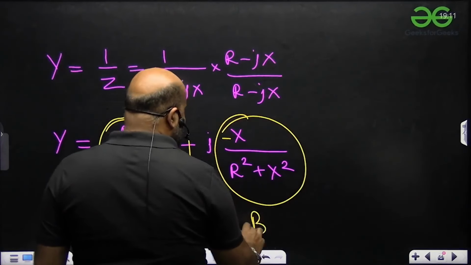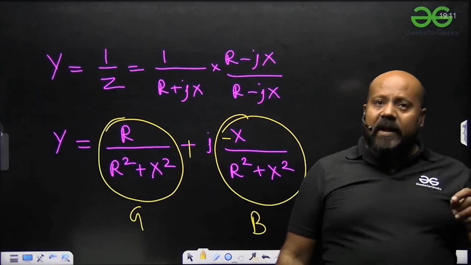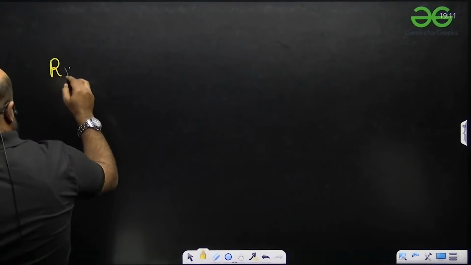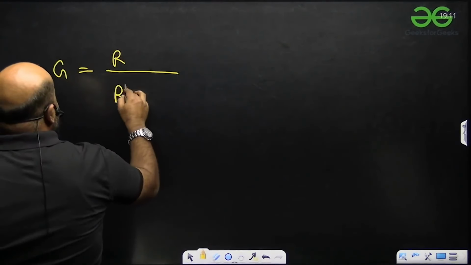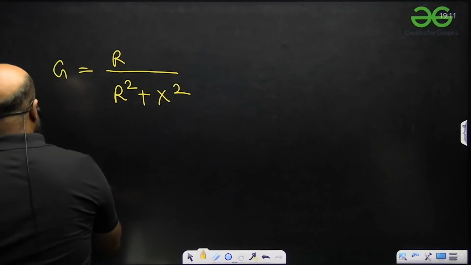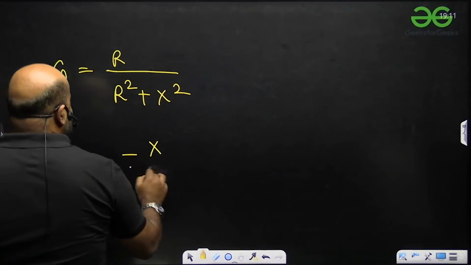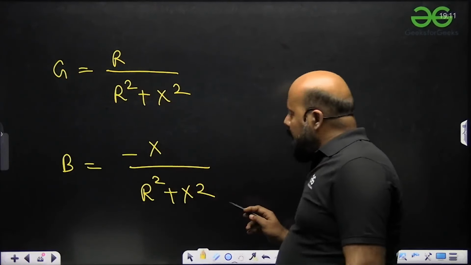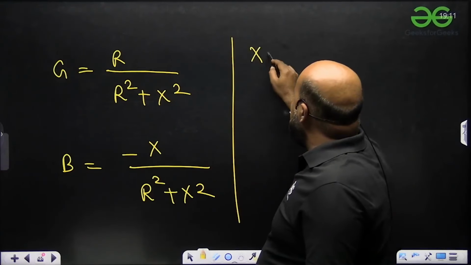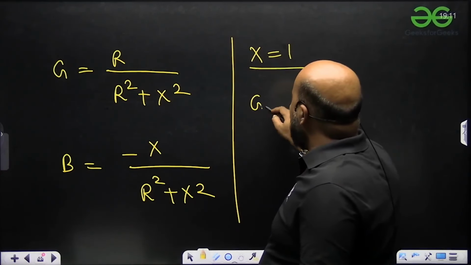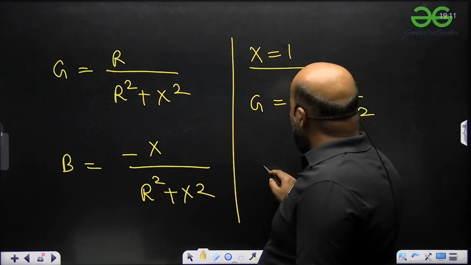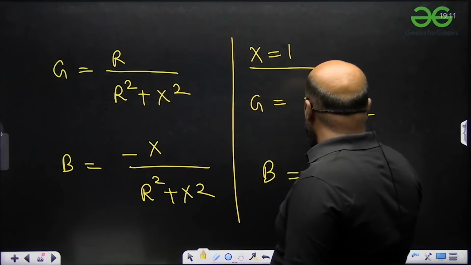अब आपको करना क्या है, आपको रिलेट करना है। g की वैल्यू है r अपॉन (आर स्क्वायर प्लस एक्स स्क्वायर), b की वैल्यू है माइनस एक्स अपॉन (आर स्क्वायर प्लस एक्स स्क्वायर)। तो इसमें किसी भी इक्वेशन में आप लिमिटिंग केस के लिए रख दीजिए x इज इक्वल टू 1, तो g की वैल्यू आ जाएगी 1/(1 प्लस एक्स स्क्वायर), और यहां पर b की वैल्यू आ जाएगी माइनस एक्स अपॉन